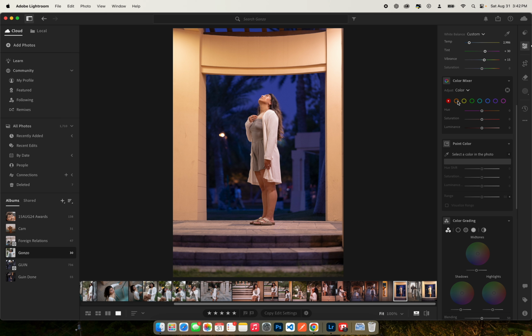So for the HSL, hue, saturation, luminance, we're going to go to the oranges. We're going to move it more towards the magenta side. We're going to increase the saturation just a bit, and then we're going to put up some luminance just so her skin can glow more. Let's look here. See, this is too much, so let's go ahead and go down to, let's say 15 of